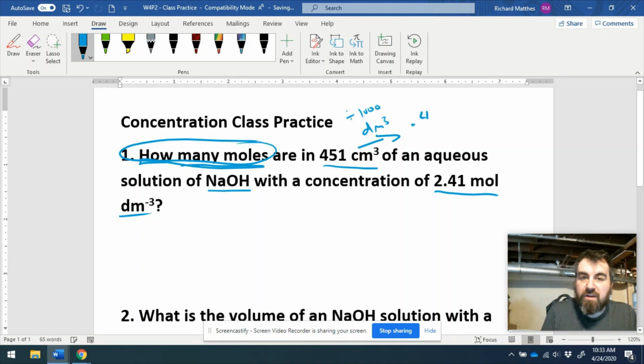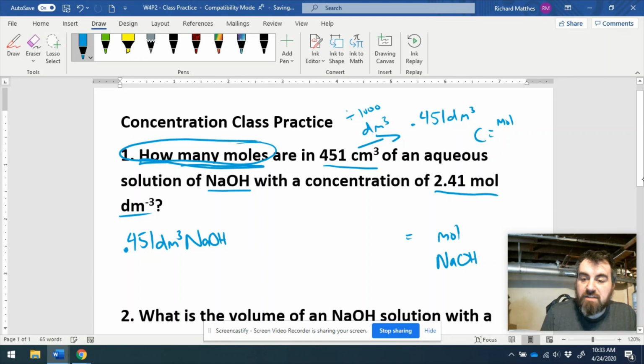So we would say 0.451 decimeters cubed. So I'm going to write that down. We have 0.451 decimeters cubed of NaOH. Okay, that's what we have. What we want to know is moles of NaOH. Now we could do this a couple of ways. One, we have that